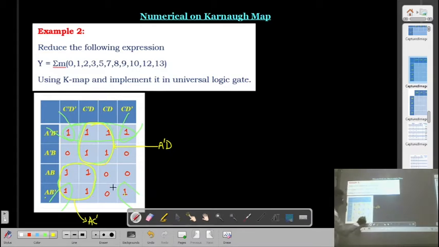Now if you look at these four corners of the Karnaugh map, and if you write the expression, then when we are moving from this point to this point, meaning A dash B dash to A B dash, A dash is going to be uncomplemented, but the B dash is remaining as it is. So for this group we will write A B dash.